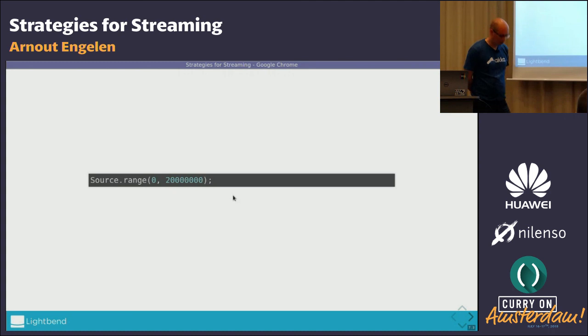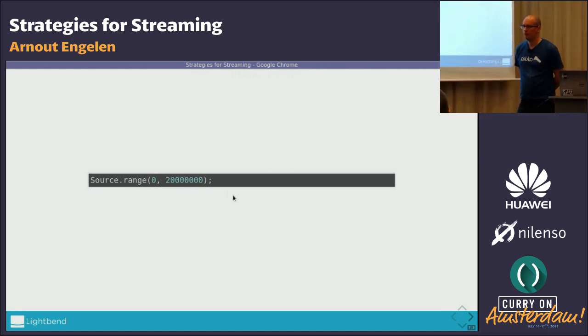Because in Java, for example, single is a stream which produces just one value. Maybe is a stream which produces 0 or 1 values. And it helps when you have to make some semantic of your code. Does Akka have something similar?